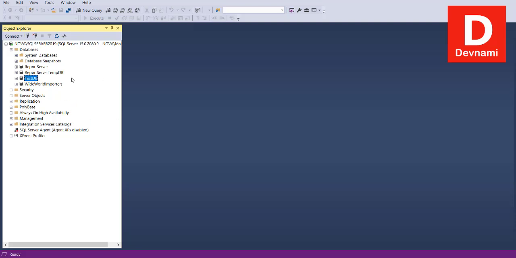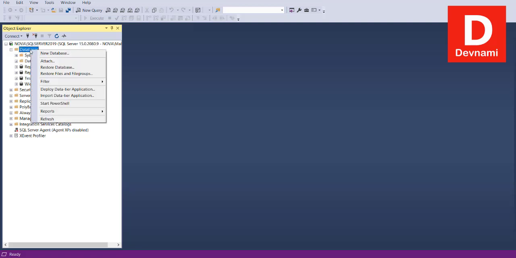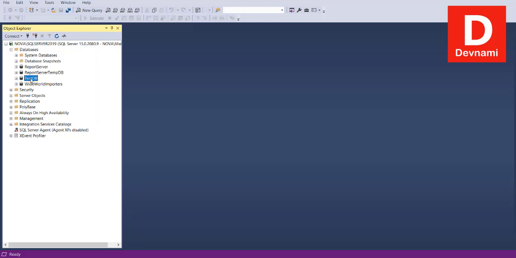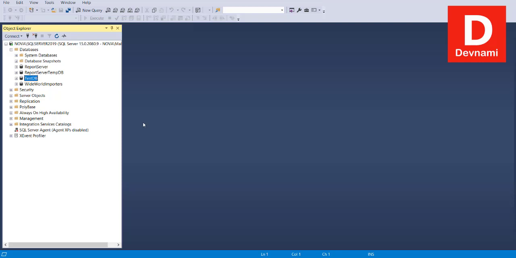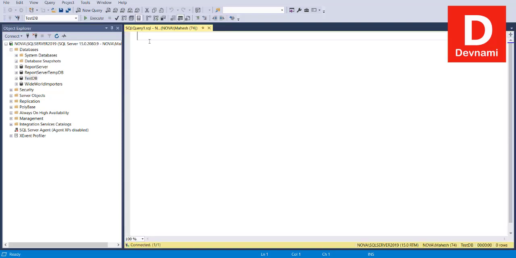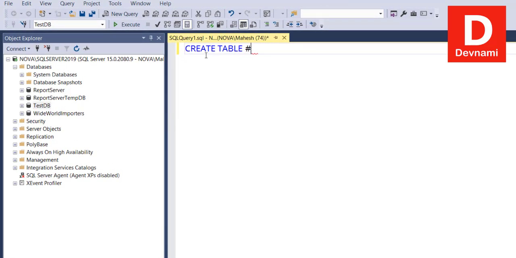Okay, so what we will do is we will first call for a new query. Let's say we have to pick a database, so choose one. Okay, so let's go with TestDB. We have our query editor here. Now we'll type in create table and then create a local temp table. So we'll type in hash local and then my user,